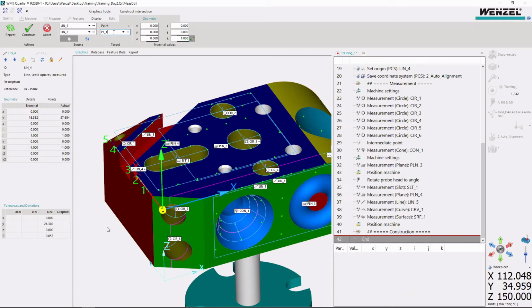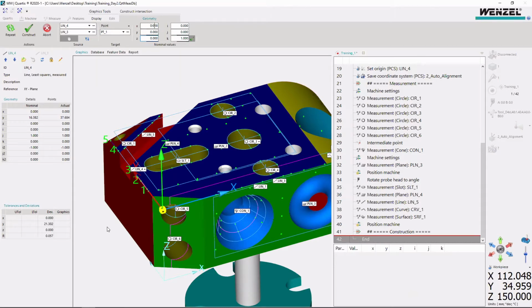You can adjust it if you want, point 2 is okay, but don't choose from the drop down list here. If you choose from the drop down list here, like circle 1, and then you press construct, this will override the data of circle 1, which means that you won't have circle 1 anymore, but circle 1 will be a point. Yeah. So what I need to do is this is point 1, and then here will be the nominal value, which means that